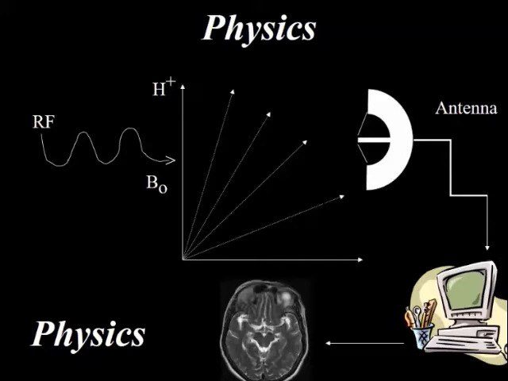Now what happens when the child is made to lie within the bore of the magnet? This B0 is an external magnetic field. So what is the external magnetic field? The magnet itself constitutes the external magnetic field. It could be 1.5 Tesla, it could be 3 Tesla, it doesn't matter. The external magnetic field is always present when the magnet is magnetized. You cannot shut off this magnetic field.